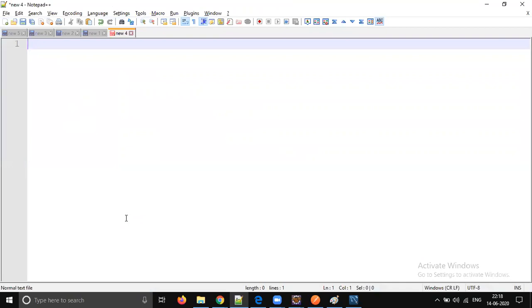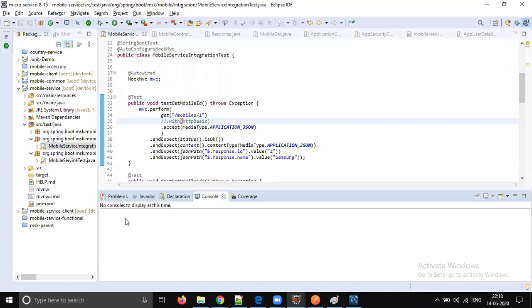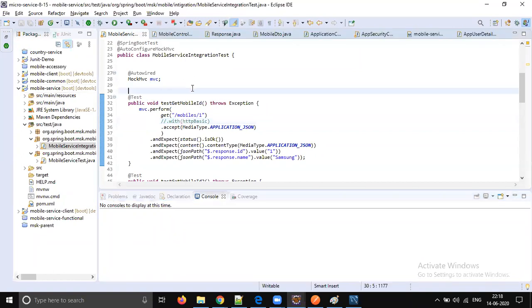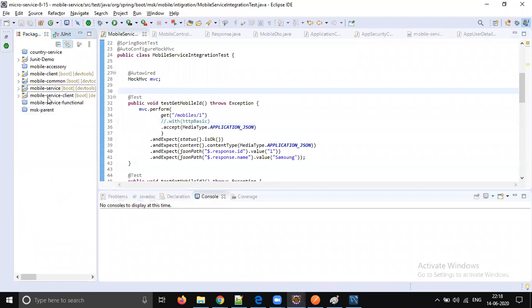I will show that. So what I will do, I will push this code. I will create a branch. I will create a repository, and I will push this code into remote, and I will share that link with you. So you just go through it and try to complete this code, right?